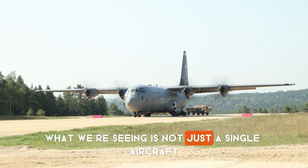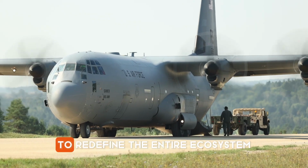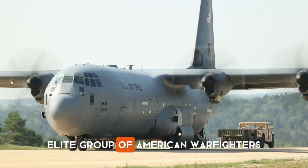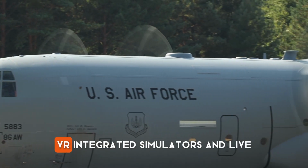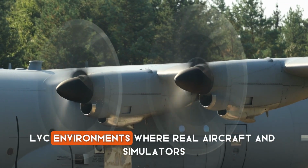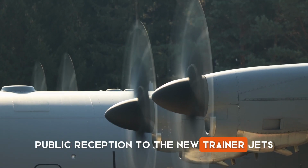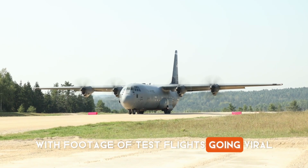What we're seeing is not just a single aircraft platform entering service. It's a larger movement to redefine the entire ecosystem of how air dominance is taught, tested, and passed on to the next elite group of American warfighters. This includes AI-assisted training, VR-integrated simulators, and live virtual constructive (LVC) environments where real aircraft and simulators share the same digital battlefield. Public reception to the new trainer jets has been overwhelmingly positive, with footage of test flights going viral